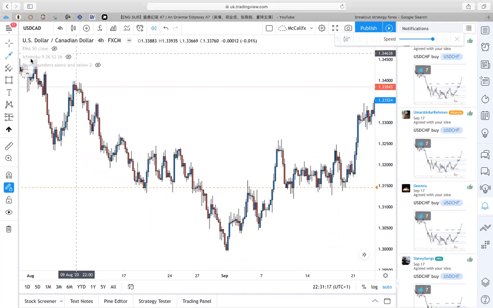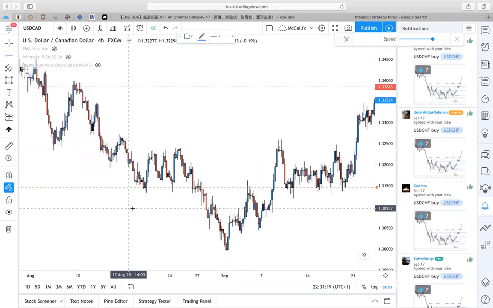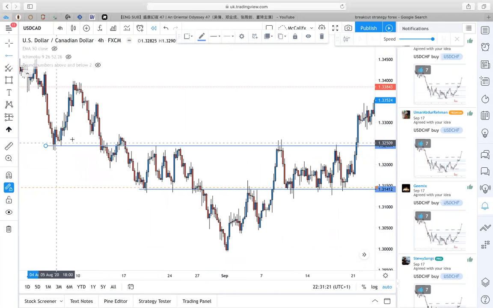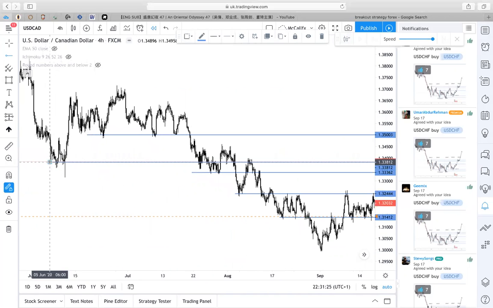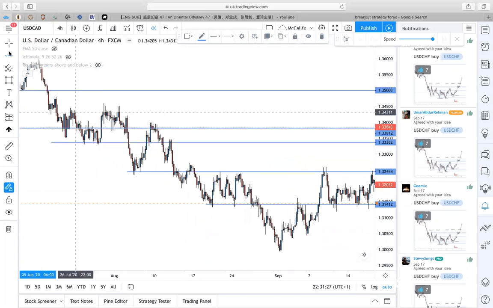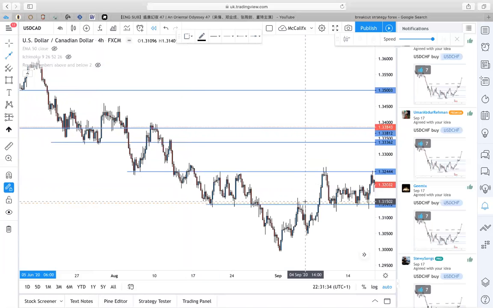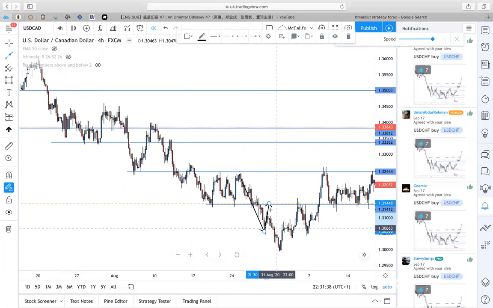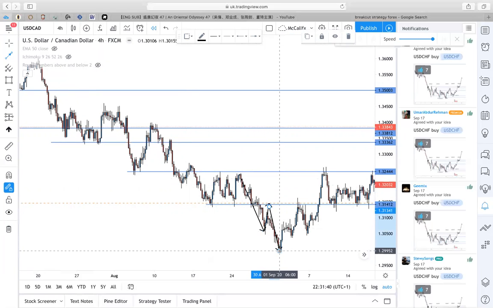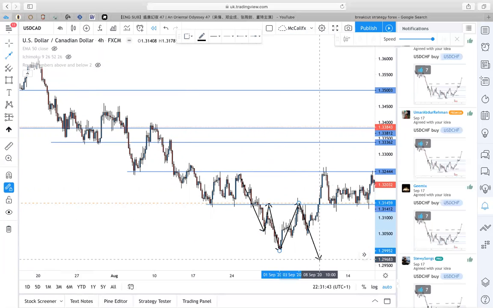Let me take this off and do something real quick. So this was a level, right? This is a level. This is a level. This is a level. This is a level. What I'm expecting price to do at this point: price broke my level, retest, and then went down. I'm expecting price to get back to this level and drop since I'm trading with a trend, right? But price went up,